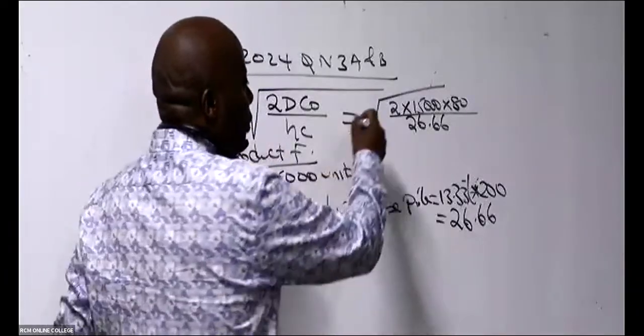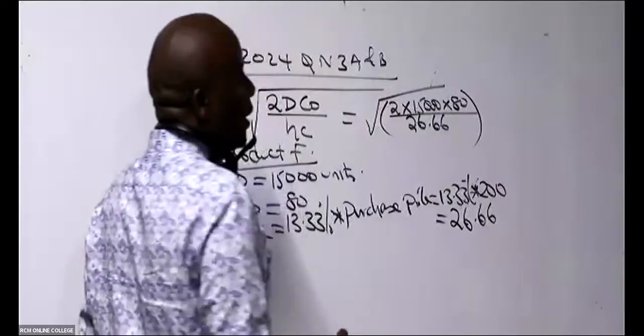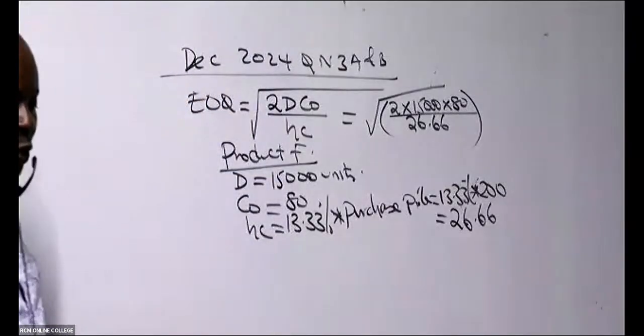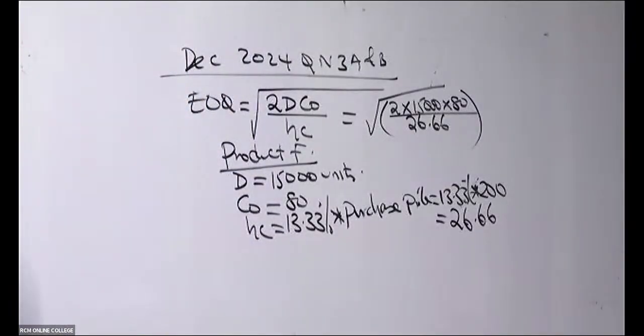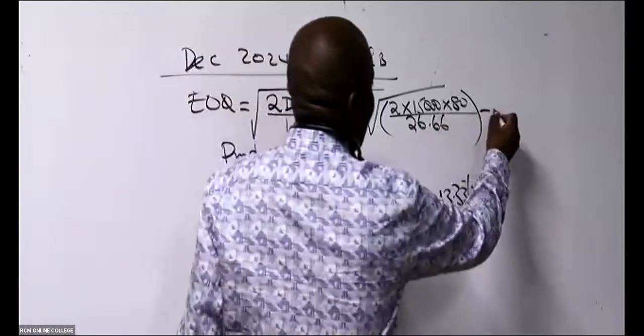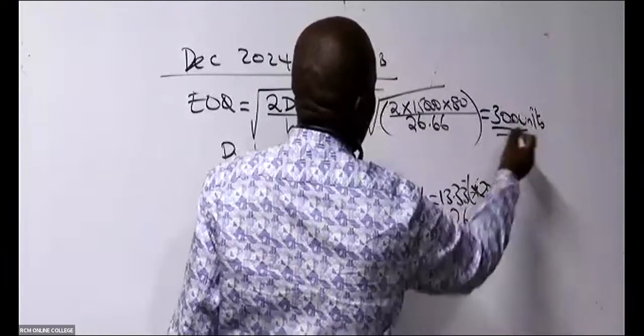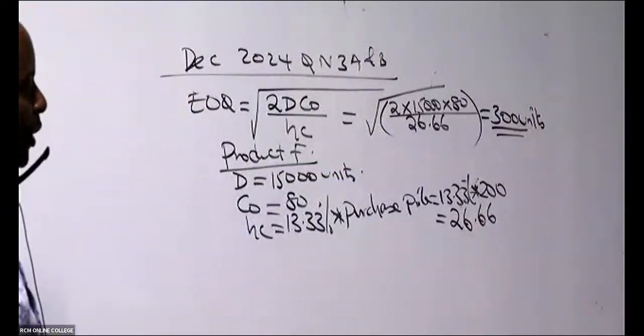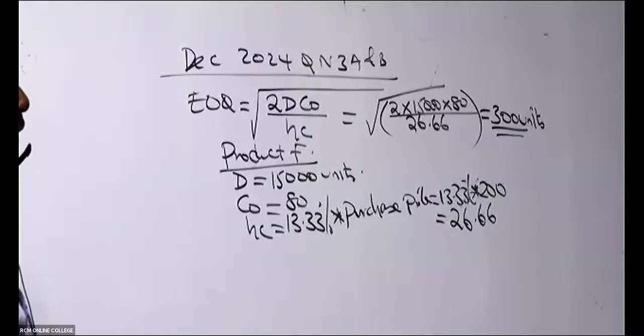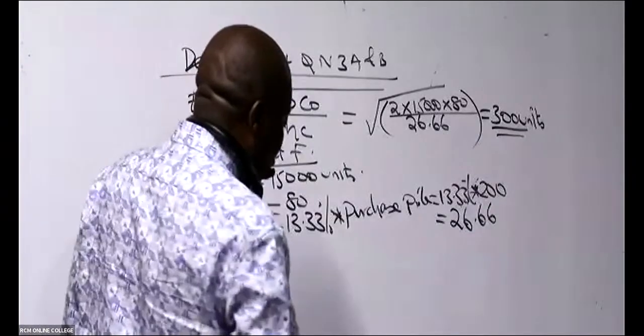Remember, first you have to do this. Whatever answer we get, we shall take the square root. So Madam Shayla has given us 300 units. Now, ladies and gentlemen, I will very easily be able to give you